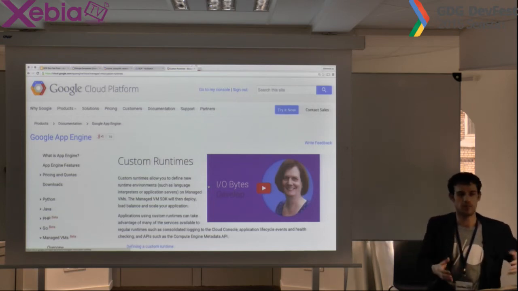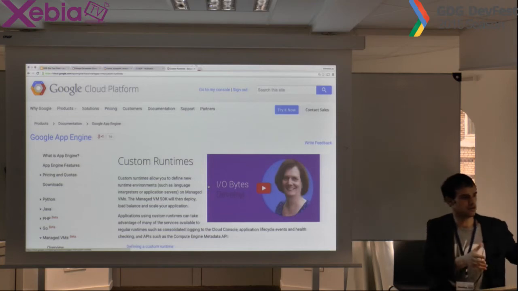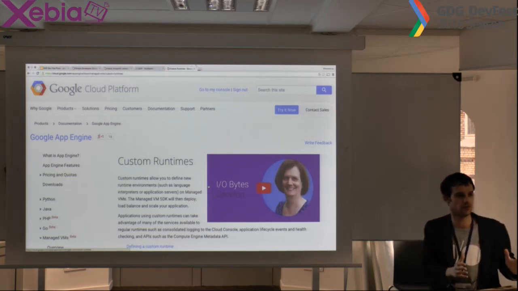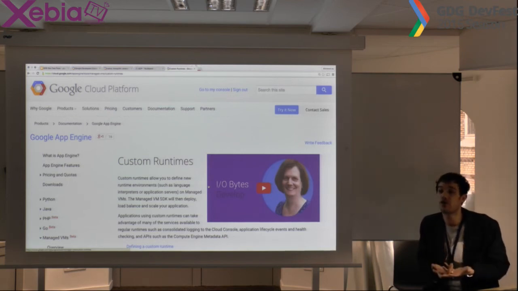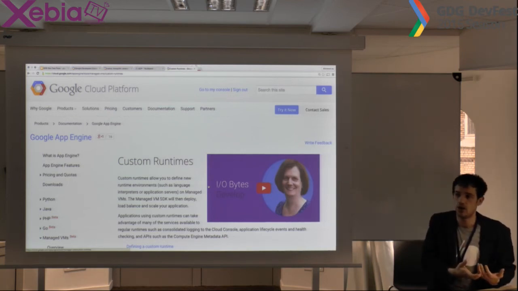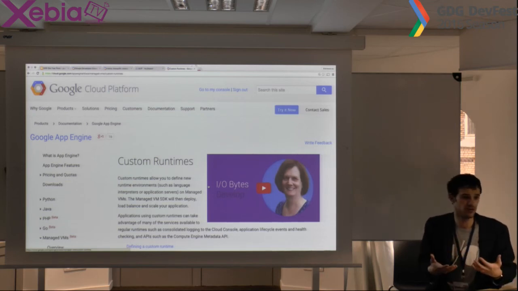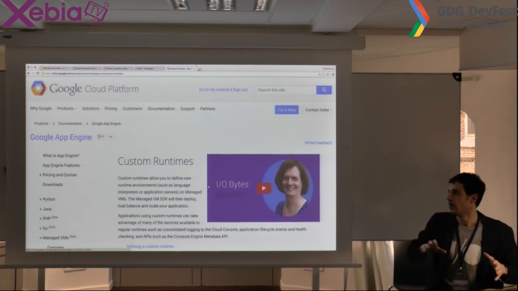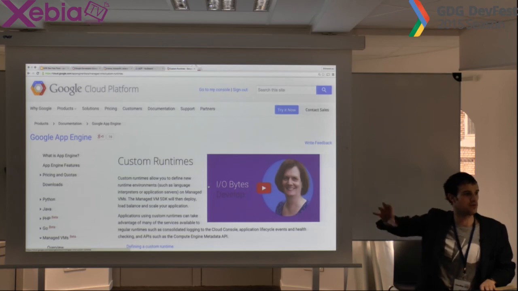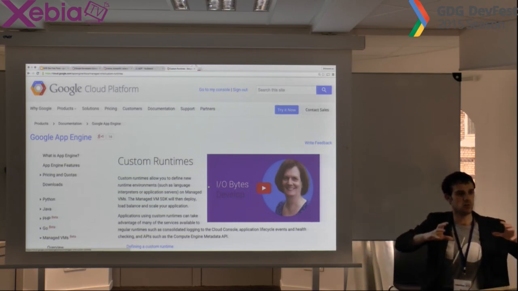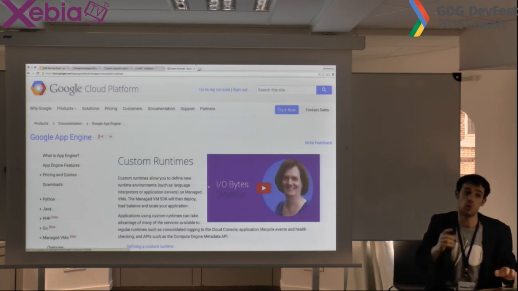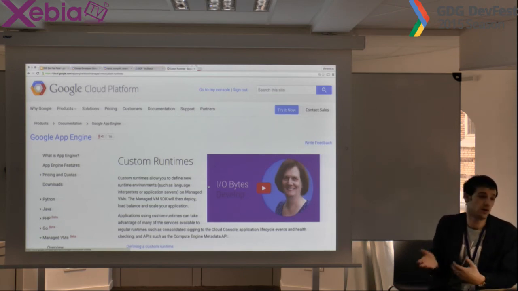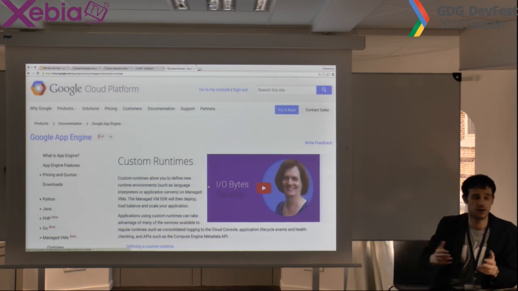So you could have, for example, the front-end part of your application served by the normal Google App Engine backend, which is extremely fast and perfect for this kind of stuff. But if you have to perform, for example, some batch operations, as you know, Google App Engine is not very good at this kind of operation. So you could create dedicated machines for performing batch operations, integrated with the front-end machine, and you have everything managed in one single application. Instead, right now, you have to have different applications and create some bridge